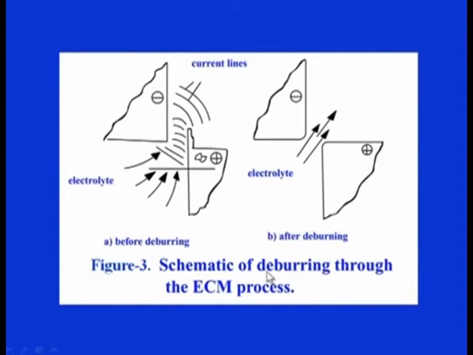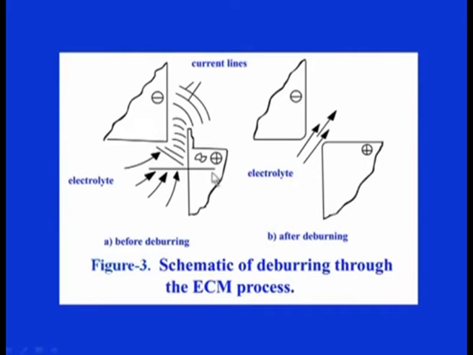This is an application of this process in which burr removal is carried out. So, this is a burr which is a result of some other process, and as such this is an undesired portion, as we can see on this screen. So, this needs to be removed. ECM is one of the processes which is very effective in this case, and here this and this can be used as